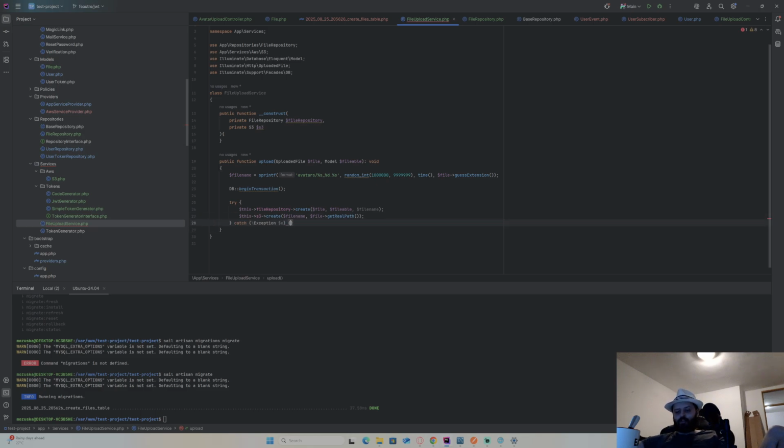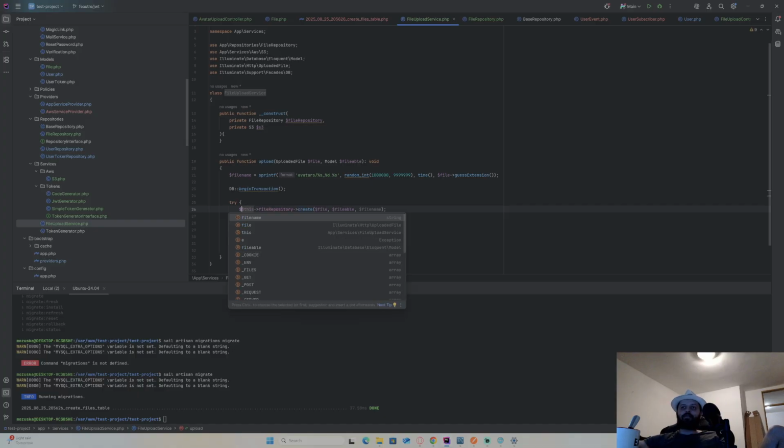And now catch exception. It just debug all back, and basically I don't do anything with this exception. I'm not gonna propagate it back to the. Actually, maybe I will propagate it back. I will just rethrow it here, throw after I roll back my transaction. And after I do everything of this, this is for the upload. Basically, let me see. I may return just this file uploaded from the repository. It's gonna be uploaded file.